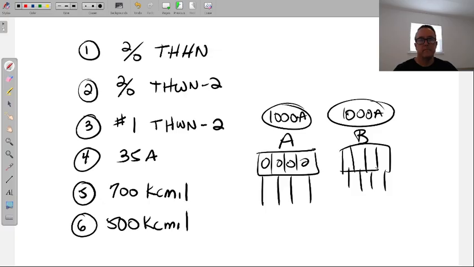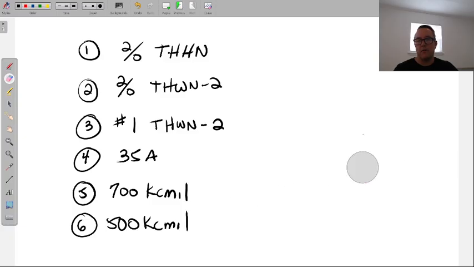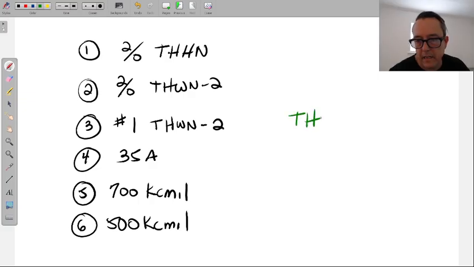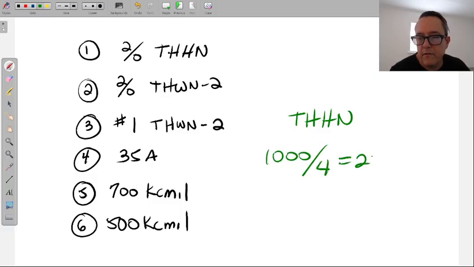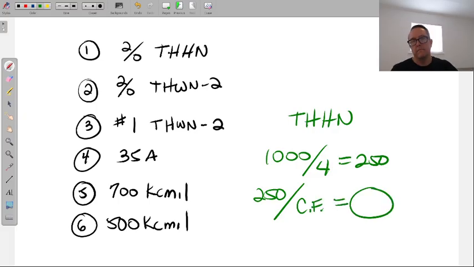You have 500? Yeah, because it's split. So I'll give you an easy way. You take 1,000, divide it by 4, go find that number. So 250? We're working exactly with THHN. Divide 1,000 by 4 and get 250. Now find that wire size. But that's not the wire we want. In fact, to this 250, you can then divide by the correction factor. And now you have a new size wire that you're going to size this to.